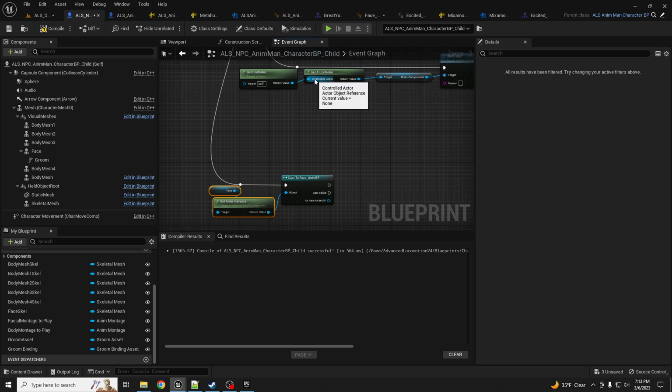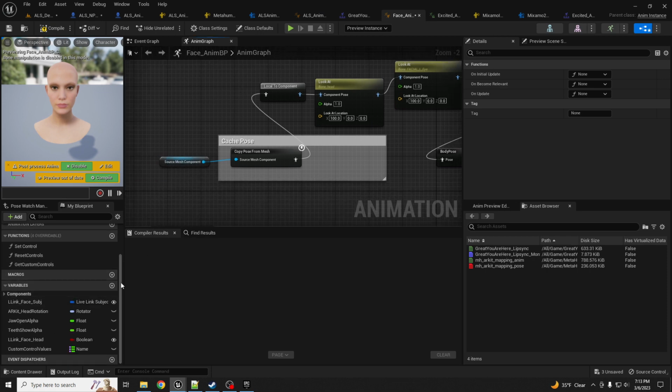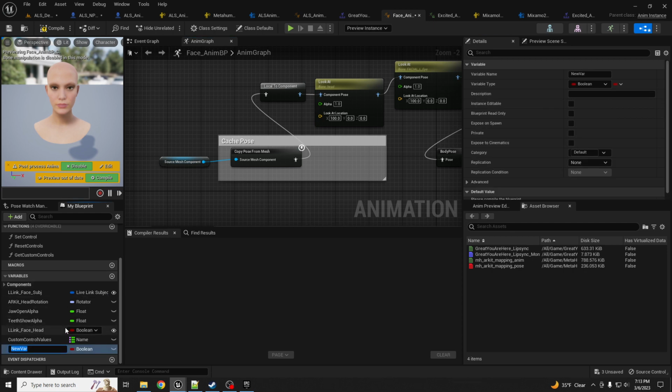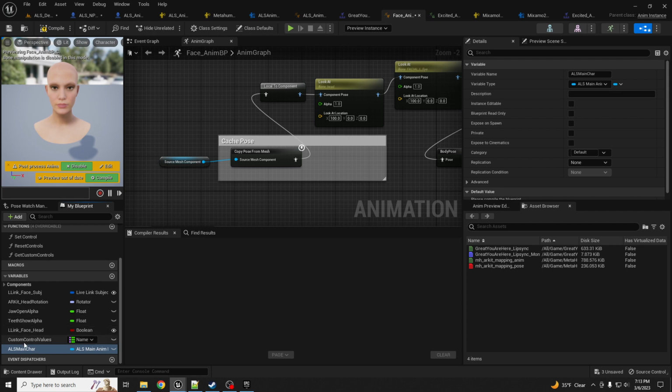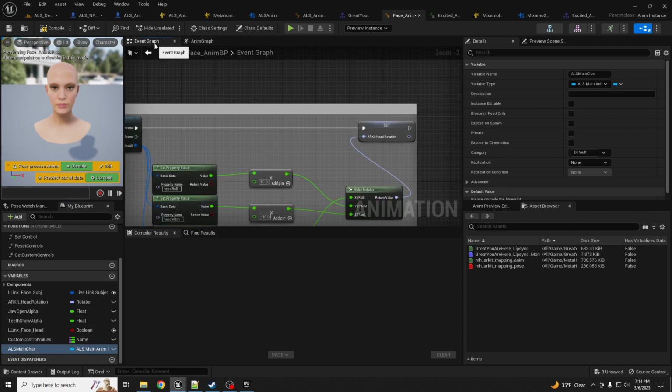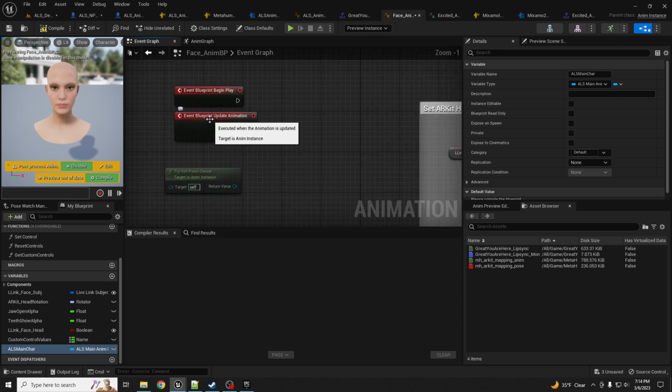Okay, so in our face anim blueprint, let's create a parameter variable here and call this ALS main character, and the type is going to be main character BP. What we're going to use is the location of that to set up where the character will look towards. And in order to do that, I'm going to use the event blueprint update animation here,